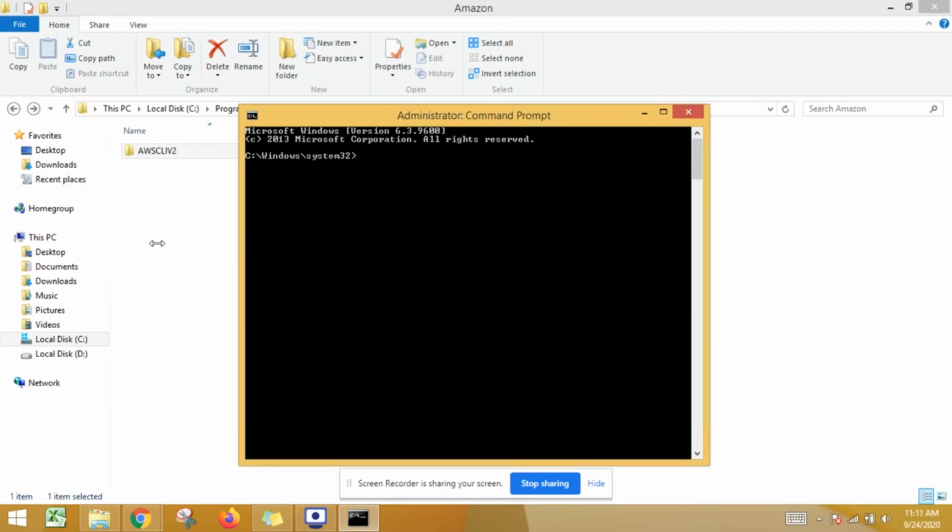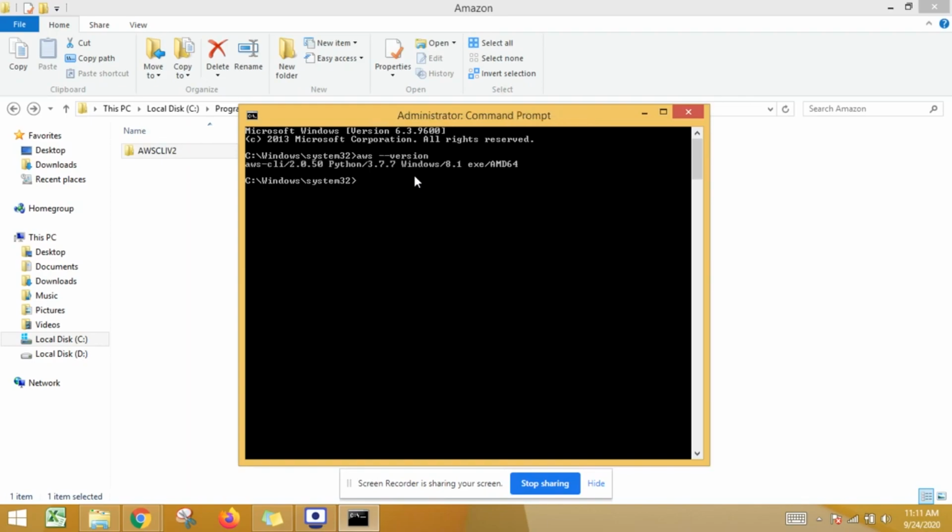First we will check whether this package has been installed or not. For that, we type the command aws --version.